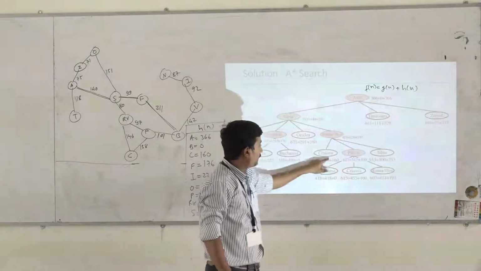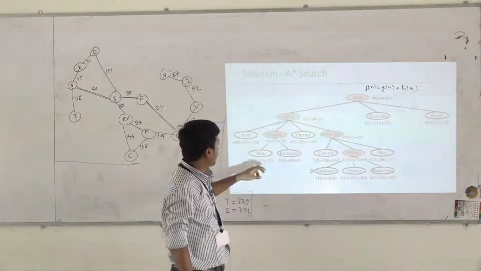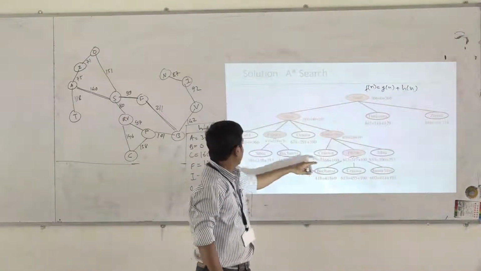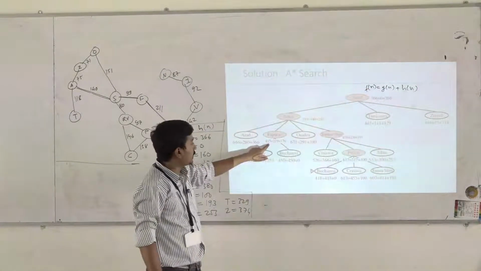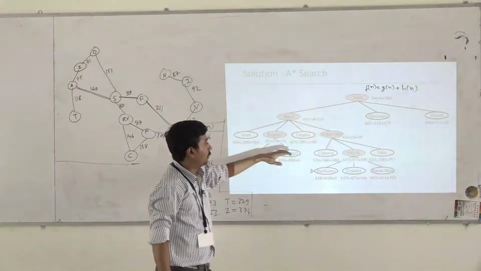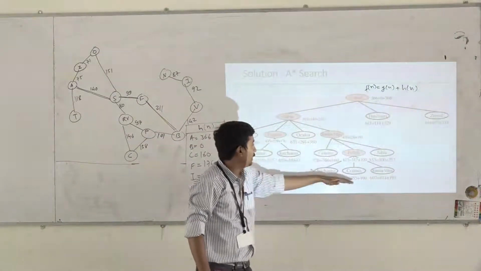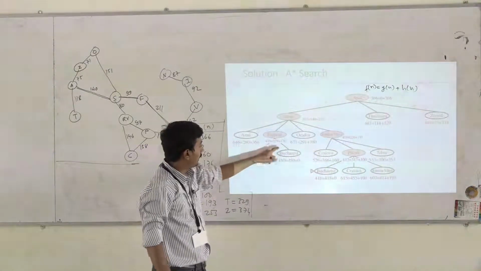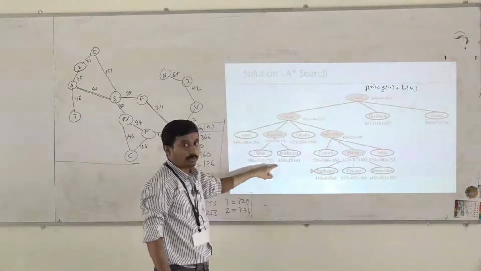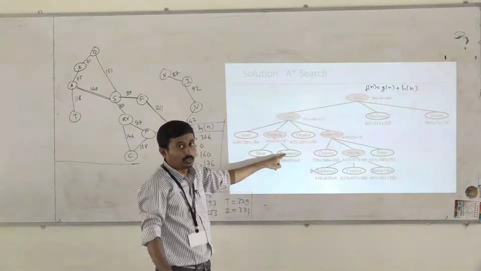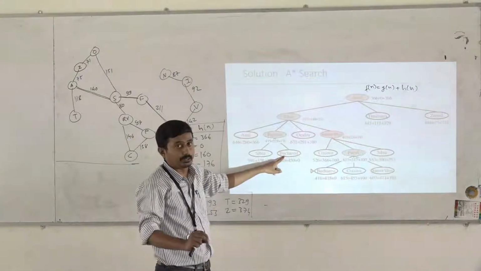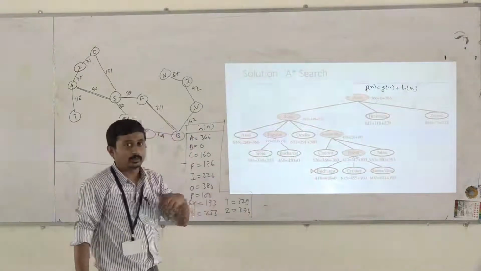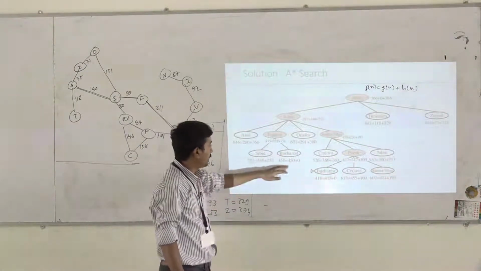Now these are the values. Out of these, this 3 and this 2, this one has the cheapest value, right? So we have to suspend the execution of this branch and come here. Then let us expand this, so you will get this node. Now actually we have reached the goal node, but this node is only generated, not expanded. We are applying the goal test at the time of expansion, so we will skip it now.